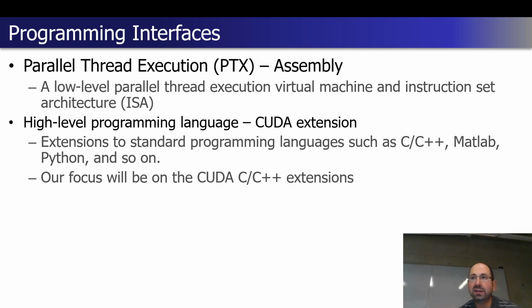It is a virtual assembly in the same sense that x86 has become almost a virtual assembly, in that there is further translation that happens post-compile, post-execution, where it gets translated to lower-level assembly, which is only somewhat documented and open. We generally don't do assembly programming anymore, outside of very specific needs, perhaps in the embedded space. We also don't do assembly programming for GPU compute anymore, so that's why we have the so-called CUDA extensions, these relatively high-level programming extensions.